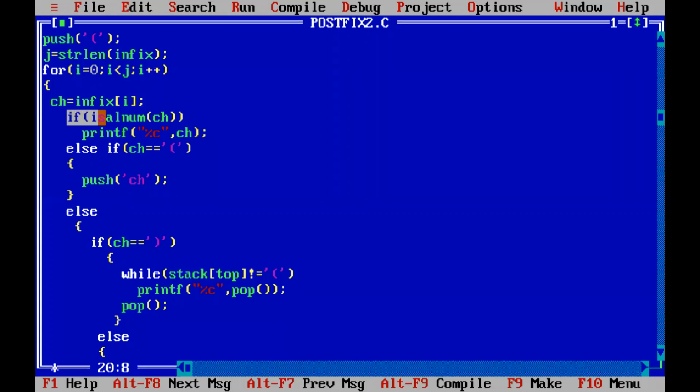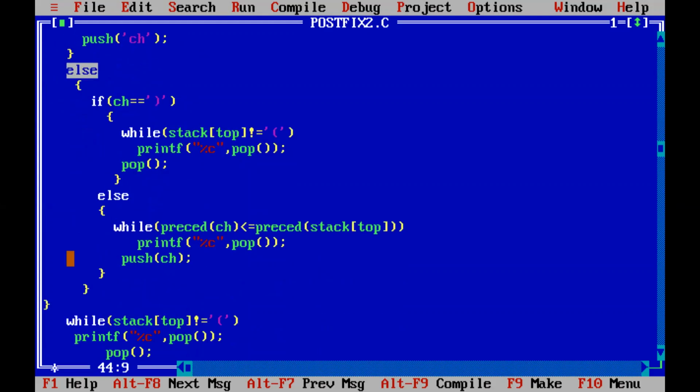Here we have a statement with the if, else if, and the default case which is mentioned over here in the else part. You can have as many else if as you want, and then at the end, the default: if it doesn't fall into any of these if and else if conditions, it will be taken as the else part, right? So we are checking whether it is alphanumeric or if it is equal to a left parenthesis. Else, if it is not an operand or not a left parenthesis, then it will move towards the else part.